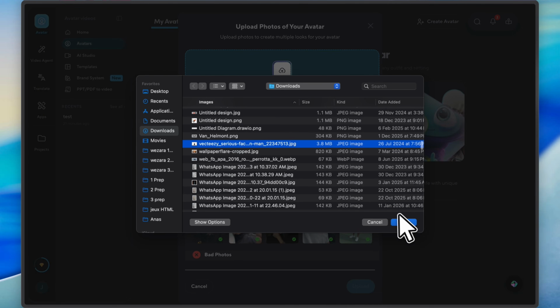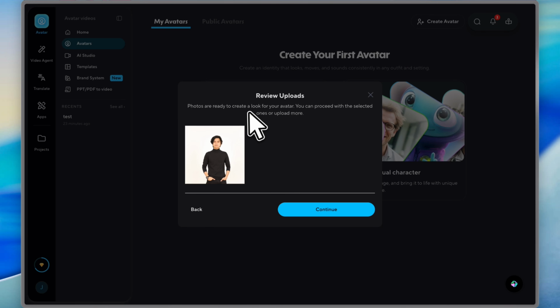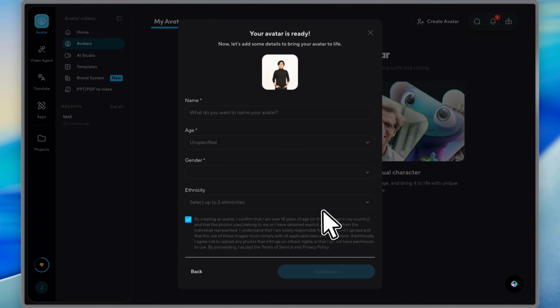Or explain something you're comfortable with. The goal is to just capture your expressions and how you move while speaking. After uploading the footage, there's a quick consent step. This simply confirms that you're the person in this video and that you're giving permission for your digital avatar to